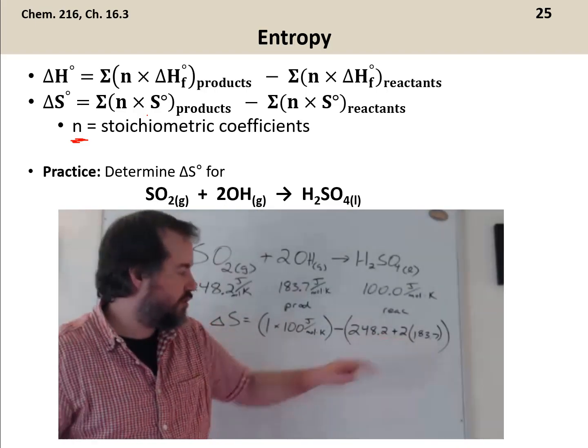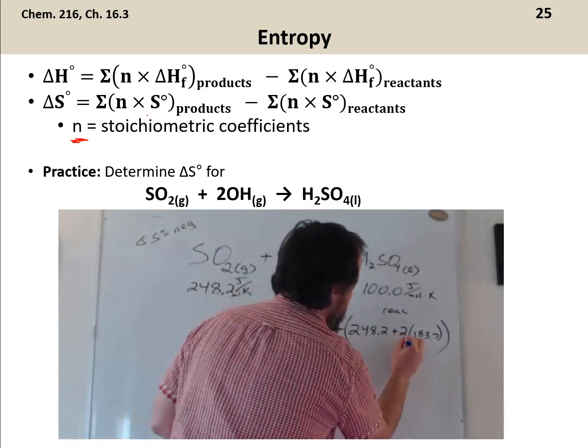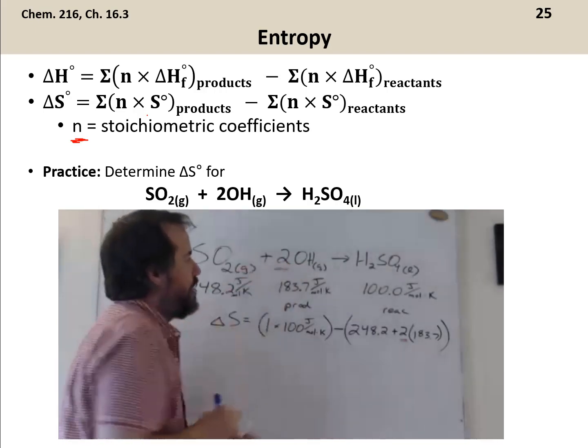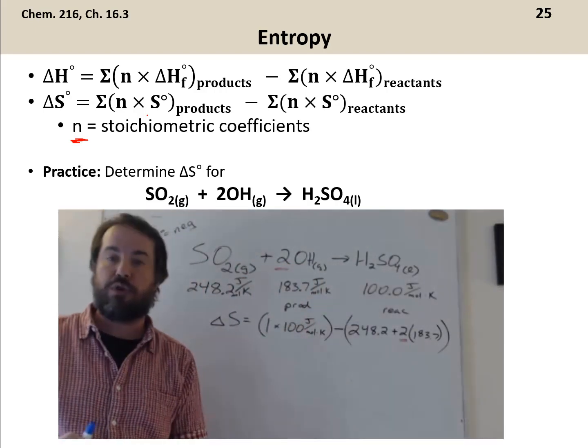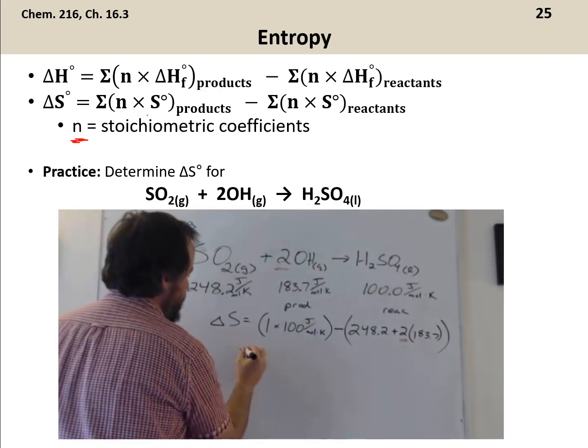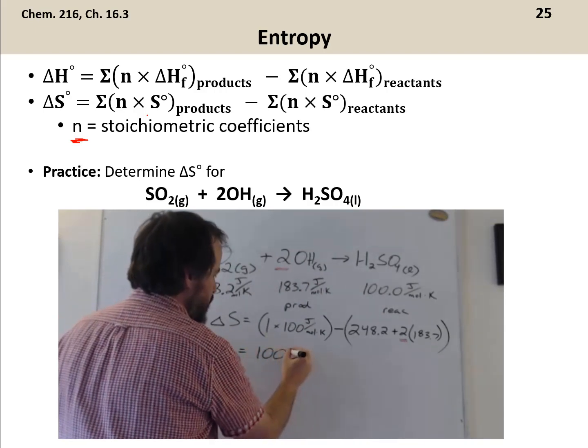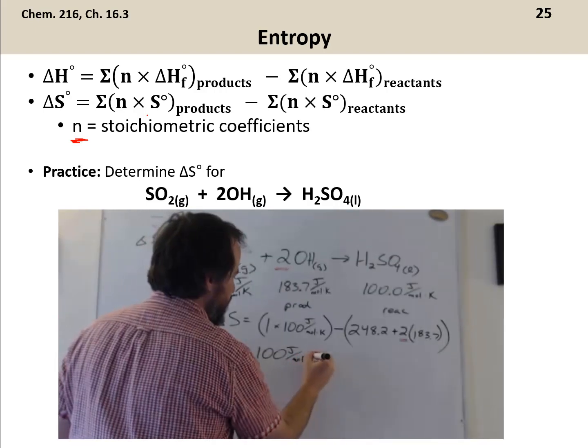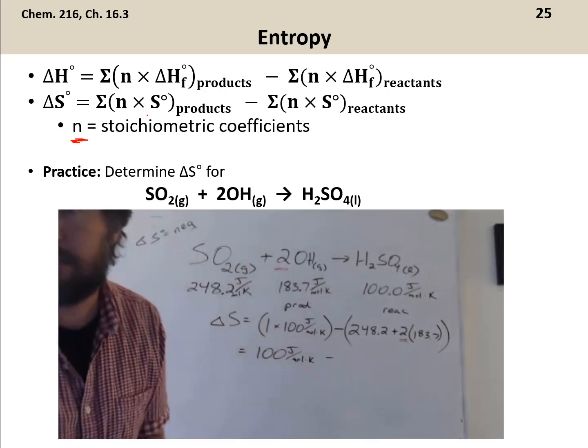I have this 2 here because of this coefficient. All the other ones are 1, so I don't include them. All right, so this gives me 100 joules per mole K minus